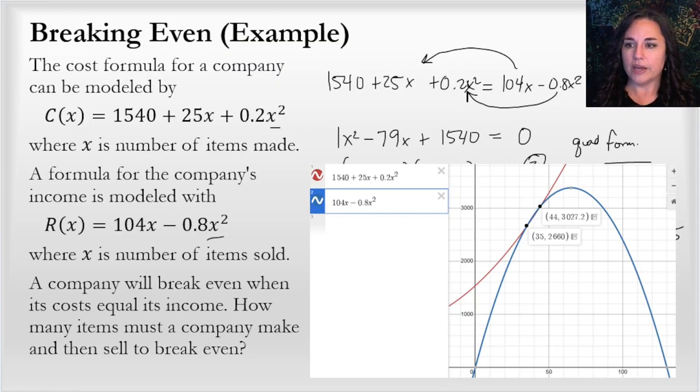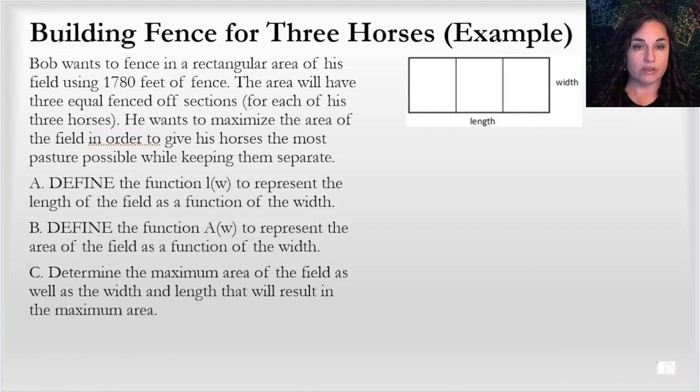The next problem I have for you is building a fence for 3 horses. This is a more complicated problem than what I have in the lesson that I put together for you all if you're in my class. But I'm doing the harder example here. Students typically, once you catch on to the harder example, hopefully you can go back and see the trick for the less hard example. Bob wants to